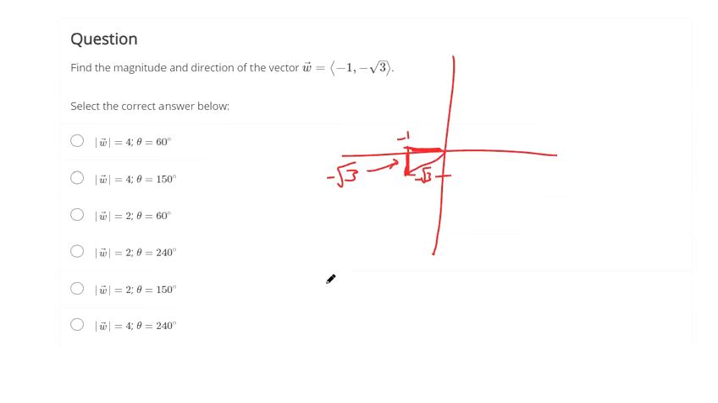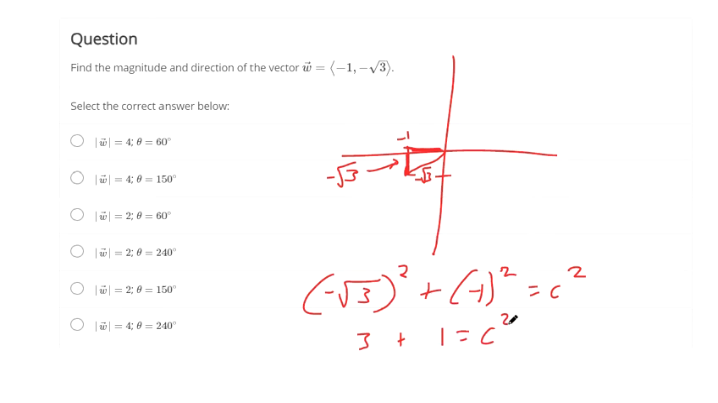So to find that, we use a squared plus b squared equals c squared. And so negative square root of 3 squared, that's 3. Negative 1 squared is 1. So 3 plus 1 makes 4. Take the square root of both sides, so c should equal 2. So the magnitude is 2. I can eliminate this, eliminate this, and eliminate this. The magnitude is 2. Now to find out what the angle is,